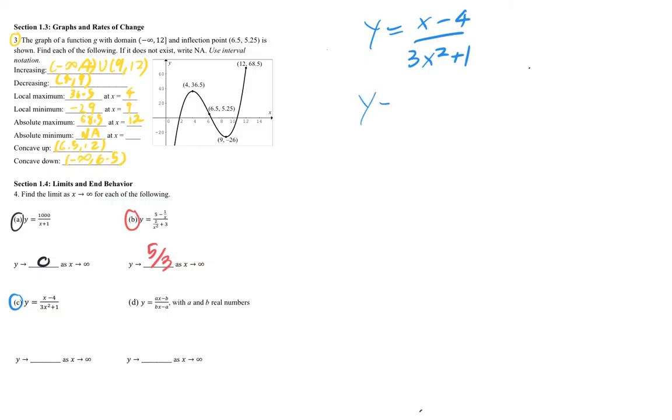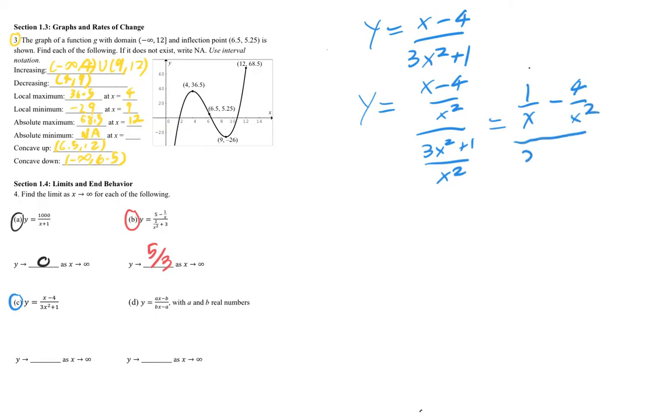So we're going to have y is equal to x minus 4 over x squared over 3x squared plus 1 over x squared. So it's going to simplify down to 1 over x minus 4 over x squared, all that over 3 plus